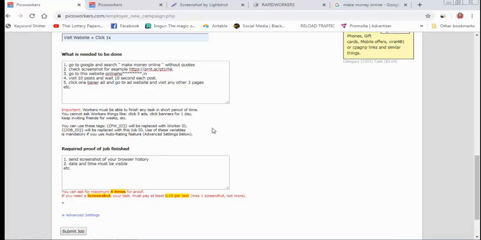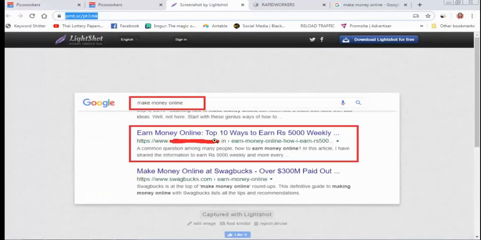You can send search engine traffic if your keyword ranks on Google. Someone searches your keyword and goes to a site like this one. For example, this is my website, and this website ranks first on the Google first page.